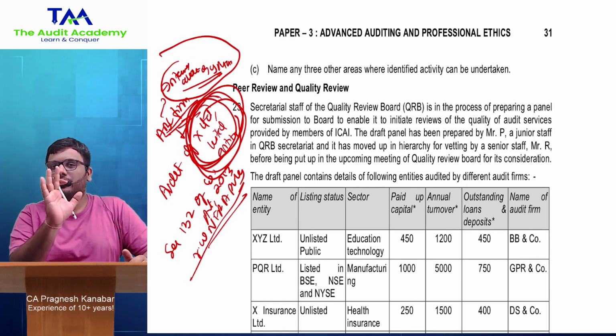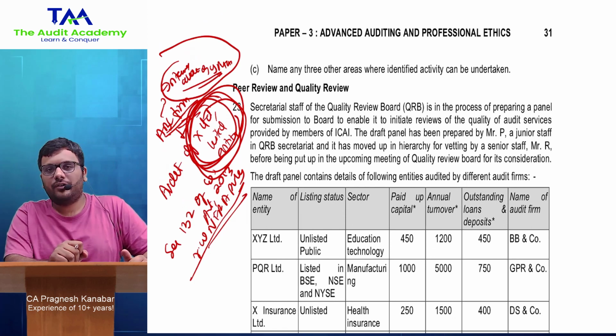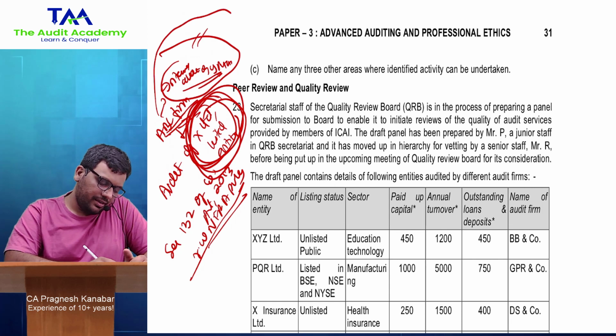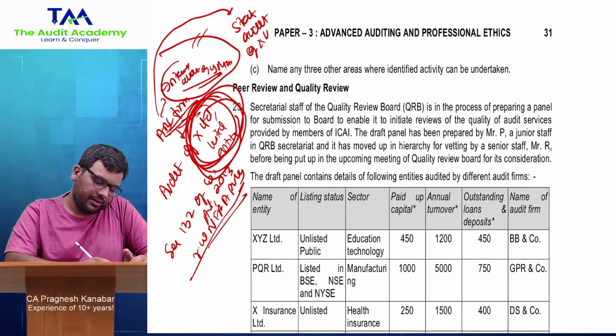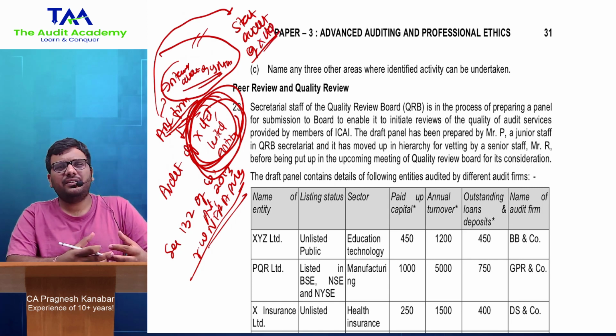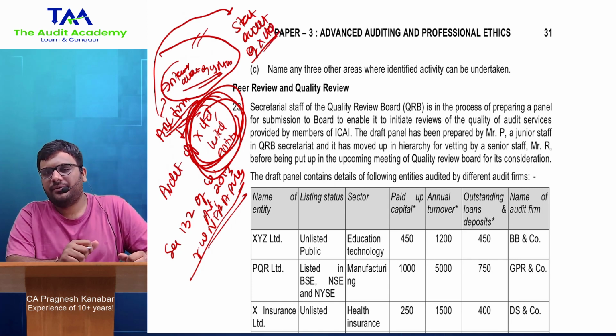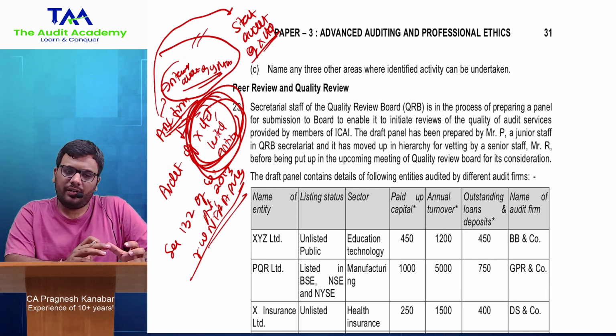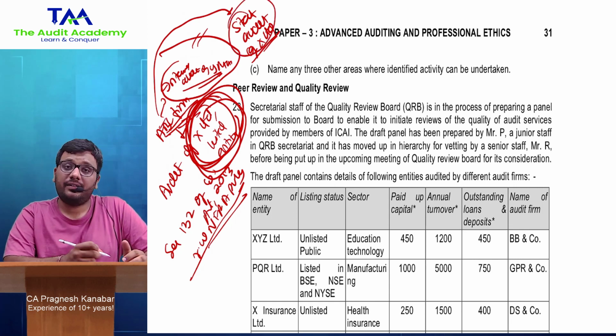क्वालिटी रिव्यू बोर्ड सिर्फ स्टैट ऑडिट पे फोकस्ड है, इंटरनल ऑडिट पे नहीं है. तो ये पीयर रिव्यू के अंदर आ जाता है. समझो ABC फर्म ने एक और असाइनमेंट किया है, स्टैट ऑडिट ऑफ X लिमिटेड, which is unlisted entity और NFRA जुरिसडिक्शन में कवर्ड भी नहीं है. तो क्या क्वालिटी रिव्यू बोर्ड ABC फर्म को उठाकर ये असाइनमेंट चेक कर सकता है? The answer is yes.